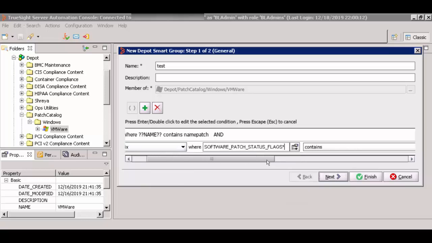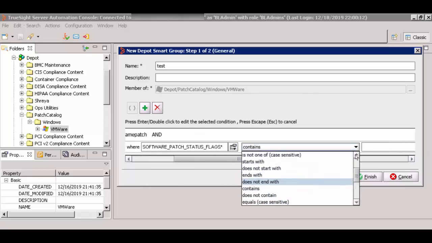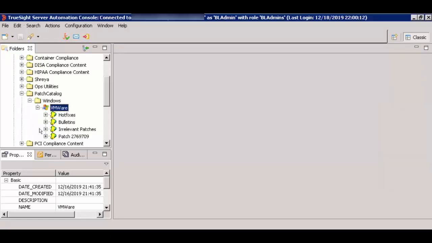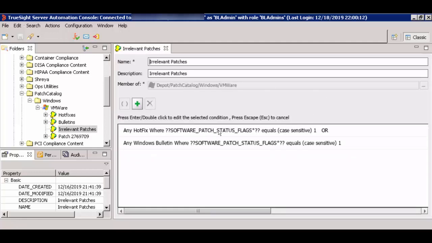where software patch status flag does not start with 1. This means that the patch is not marked as irrelevant. Click Next and Finish. If we check in the irrelevant smart group provided out of the box, the condition is software patch status flag equals 1, which means that any patch bulletin that has this property as 1 is marked